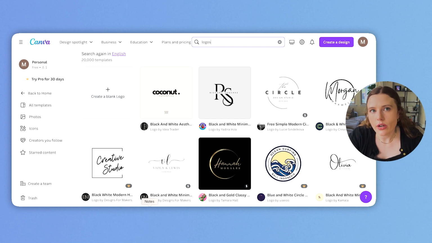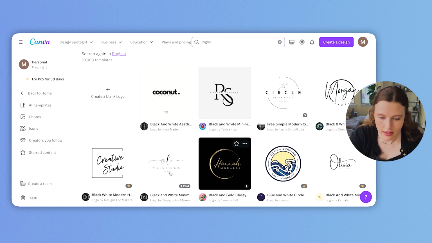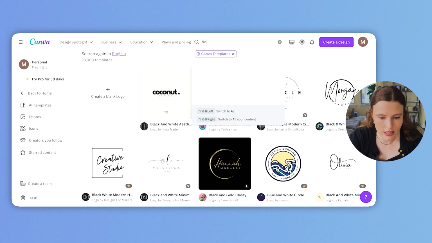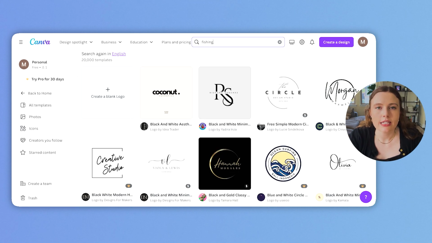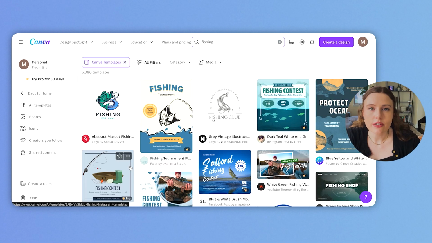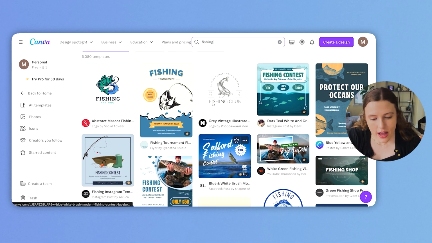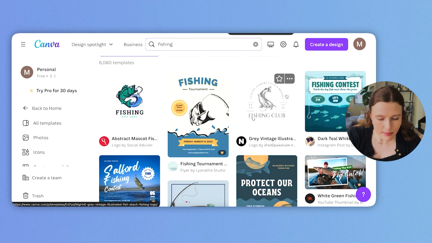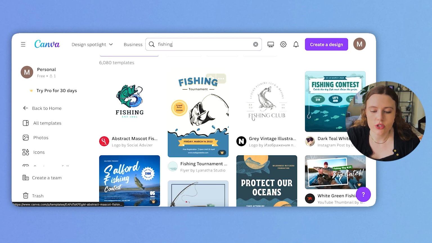So let's say you wanted to launch a fishing brand, you can just go into Canva and type in fishing, and it'll automatically spit out a bunch of different things that will give you thought starters on how to begin a design. So you can start to figure out what type of aesthetic you want. There's more of this simplistic black and white design. There's more of the animated design, but very easy once you get started with customizing these templates